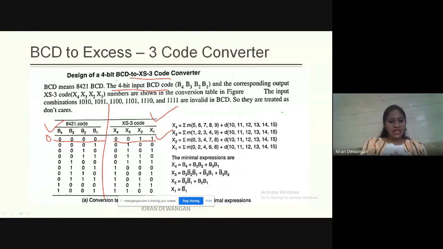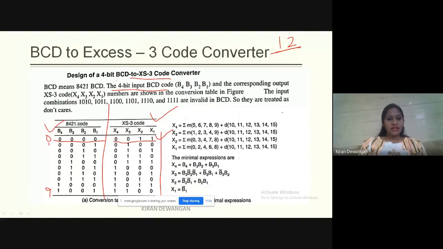So from this concept, we'll be getting all the codes from 0 to 9. हमें सिर्फ 0 से 9 तक का ही कोड मिलता है, right? And if we have to write 12, that is a decimal 12 in XS3, how will we write? XS3, I'm talking about XS3 code. I'm not talking about binary code, I'm talking about XS3 code. How will we write 12 in XS3? XS3 में 12 कैसे लिखेंगे?